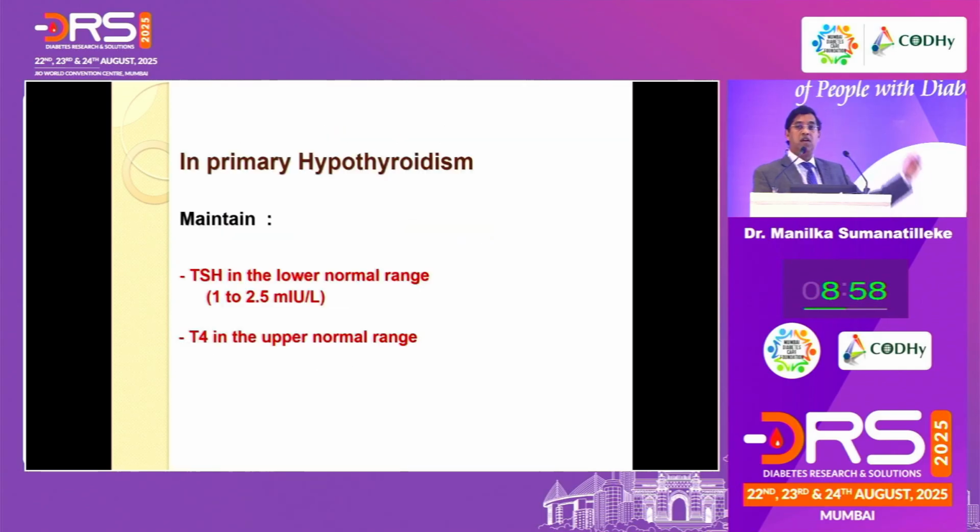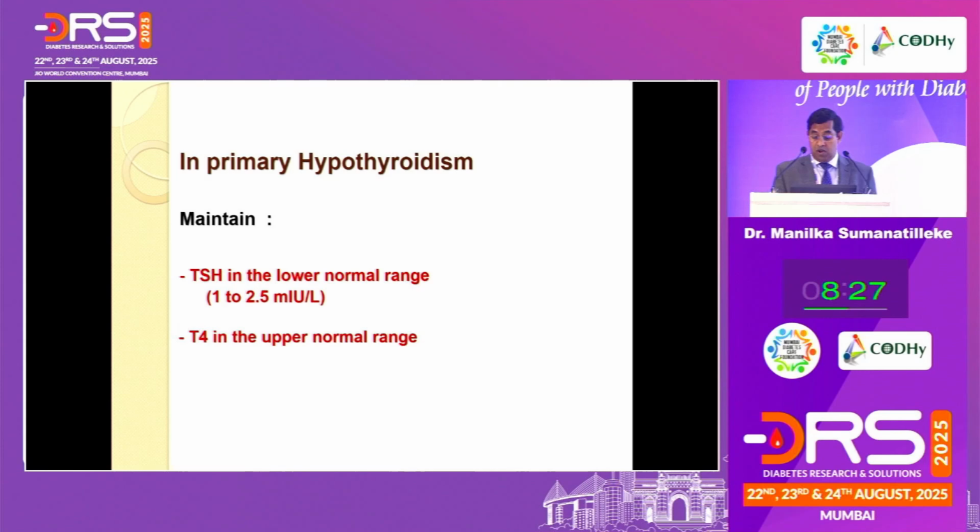The target should be anything between 1 to 2.5, and T4 in the upper quartile. Then, of course, you look at the symptoms and slightly vary the dose depending on the response. So T3, just theoretically, in the UK some patients are not happy with T4. Sometimes in midday, they say they are getting symptoms. There are regimens where, if T3 is available, you can add a small dose of 20 micrograms of T3 at lunchtime, but it's complicated.